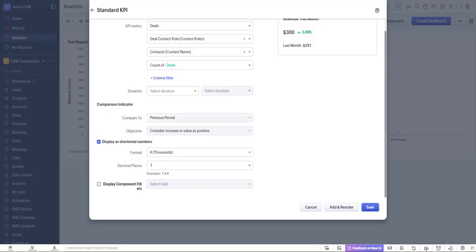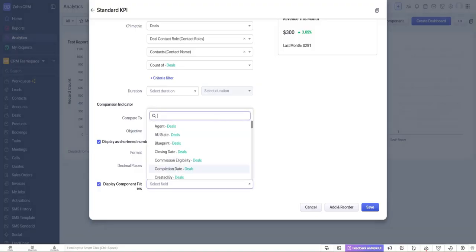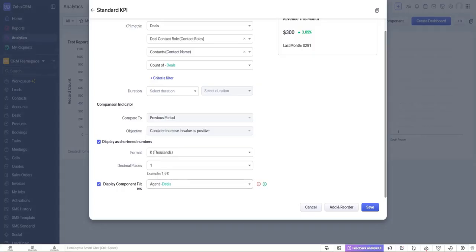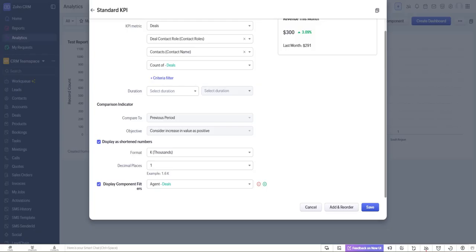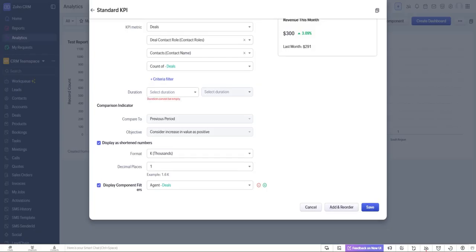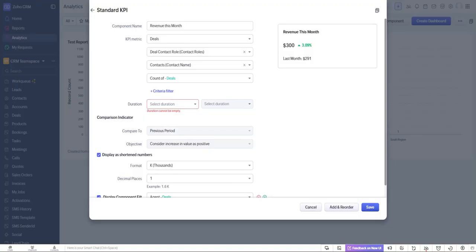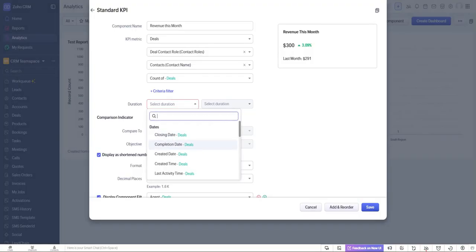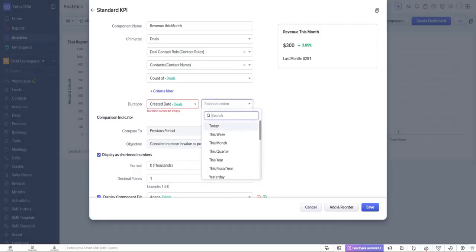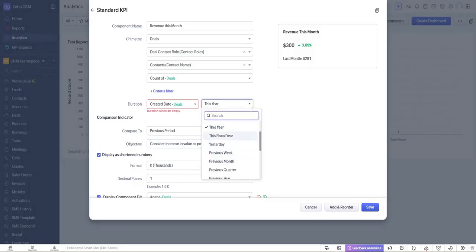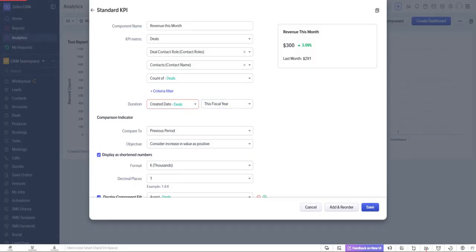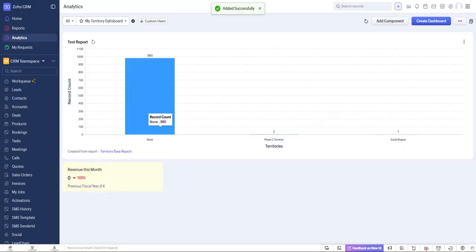And you can also click on display component filters, I mean, so you can just click on that one here, or you can just add here use date or agent deals, and then you can save this one. Oh yeah, in this duration you can have here create a date duration this year, this fiscal year in our case. So I can just click on save,